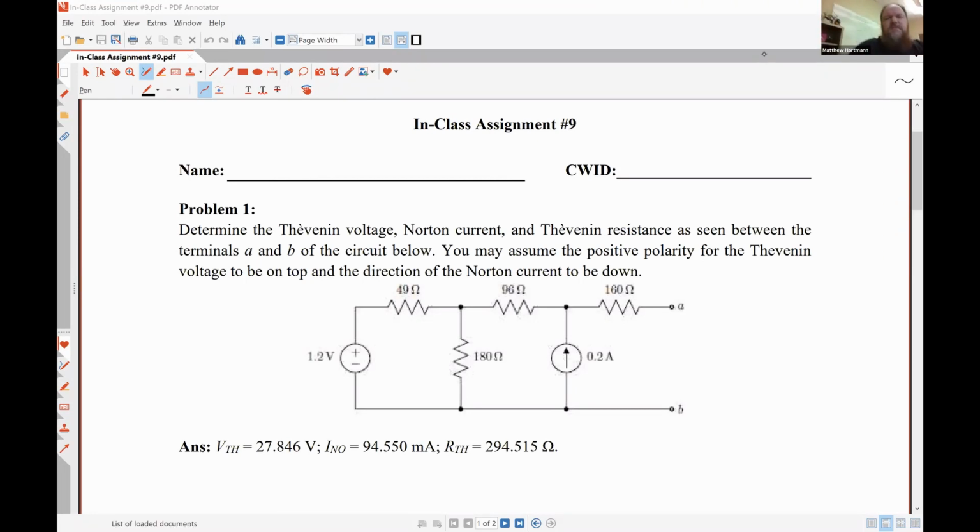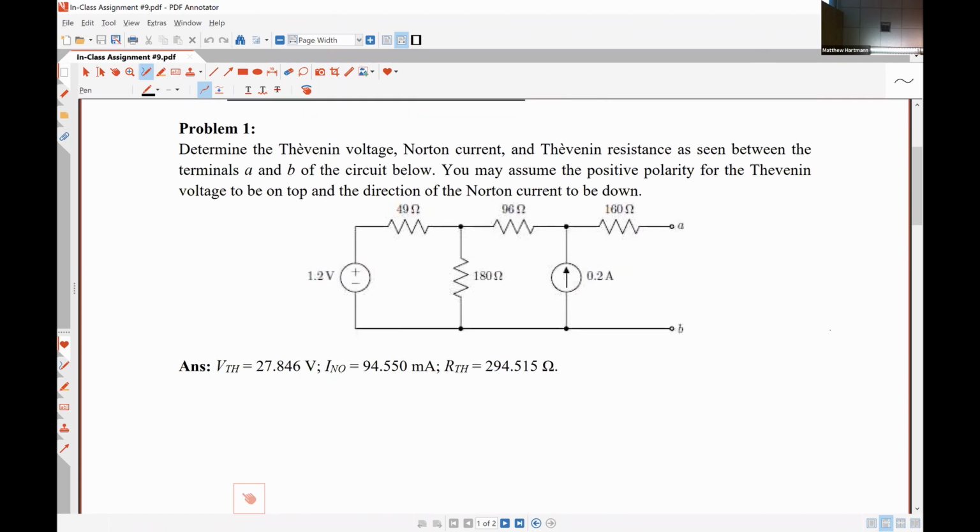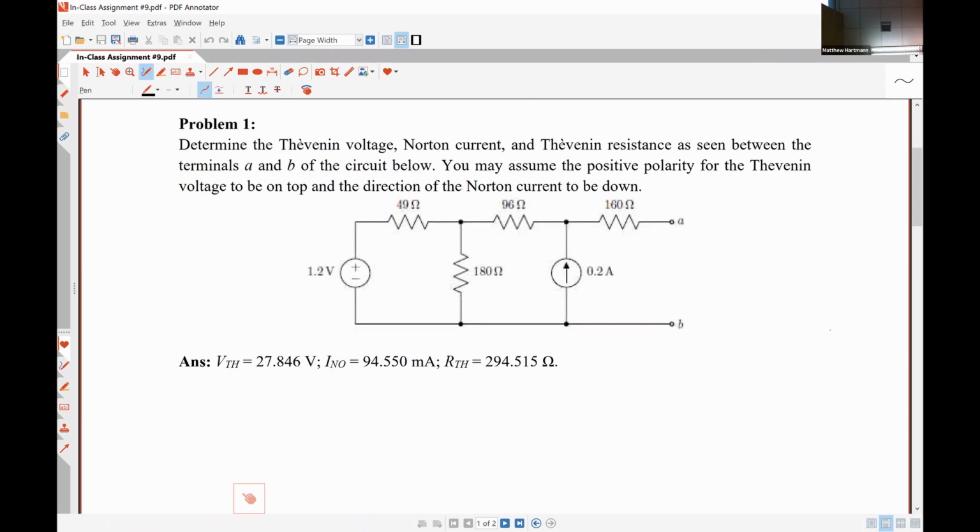So this is our first problem that we're going to work today. Let's see how much you guys paid attention. If I was to try to find the Thevenin voltage, what would I be trying to find in this circuit? The voltage across the open circuit? Exactly right. So the Thevenin voltage is always an open circuit voltage. We're told that we want to find the Thevenin voltage with the positive polarity on top. So that means we are trying to find